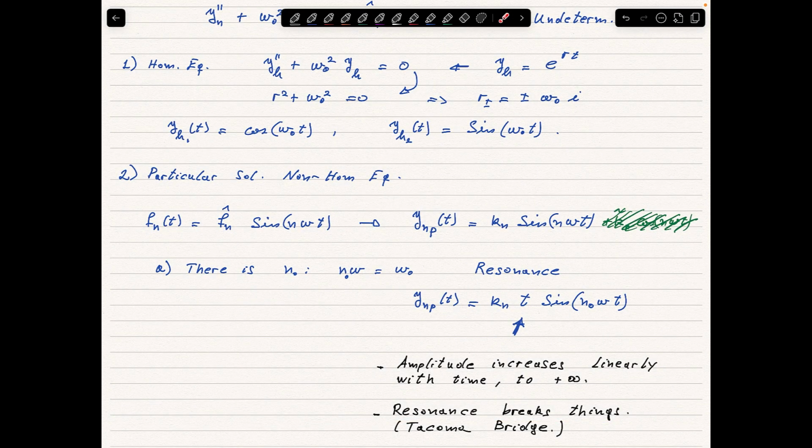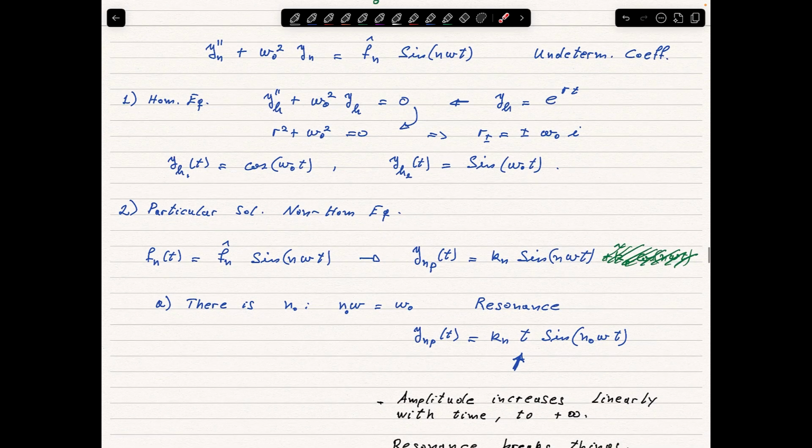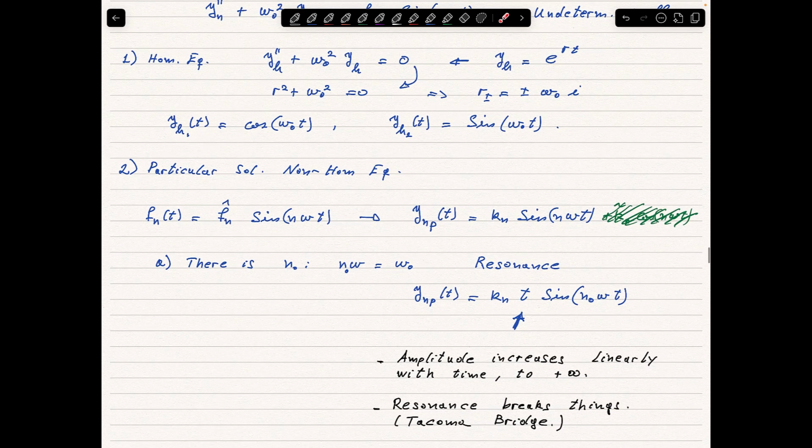Hopefully we now have a better sense of what this factor t actually does in the solution. And we really want to avoid this type of case, so we are going to assume that our force doesn't have a multiple of the driving frequency equal to the natural frequency of the system. Here in this calculation we assume it. In real life, if you are trying to build that bridge and you don't want to be like the Tacoma Bridge, you need to build your